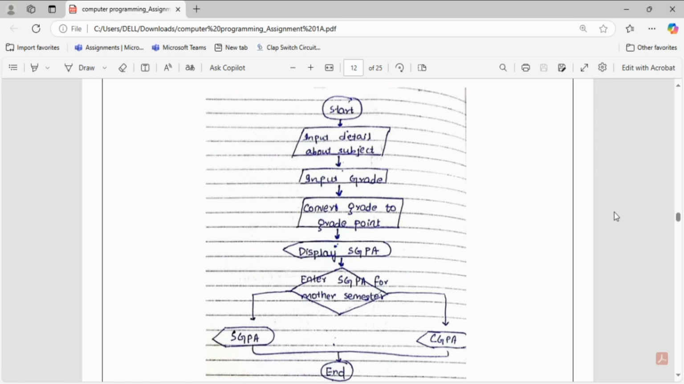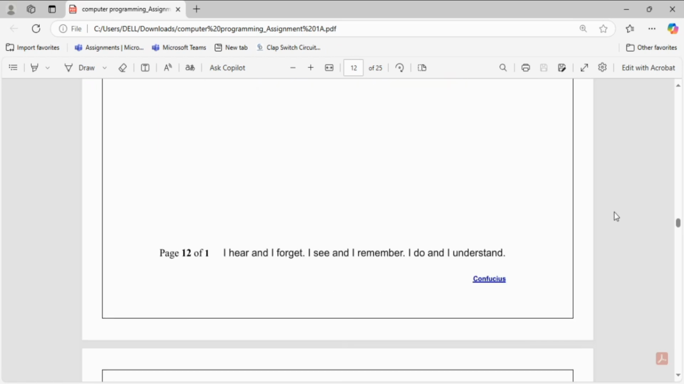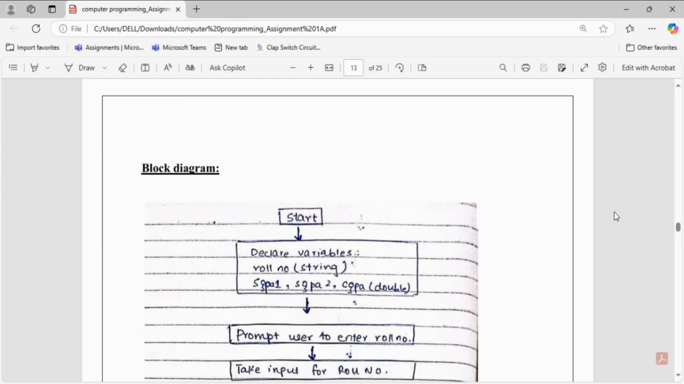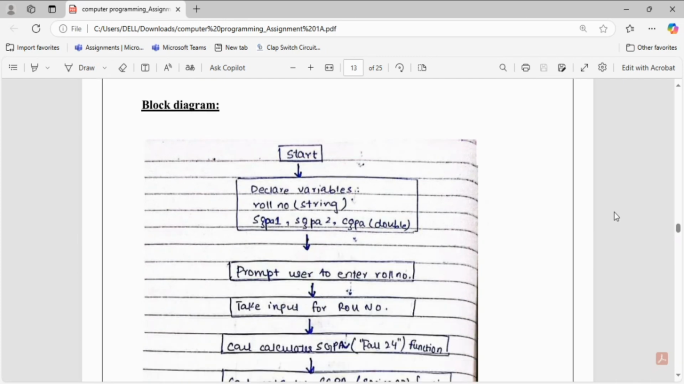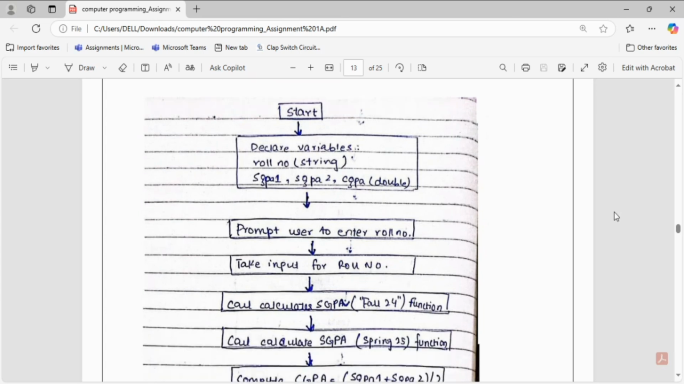This is all in the flow chart. And then we were asked to make the block diagram of the question. A block diagram is also a visual representation, but it is the deep analysis of the question. So in this, we have to start the program, declare variables, ask the user to enter roll number, and